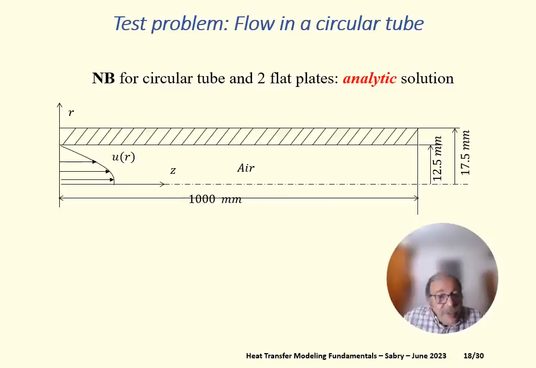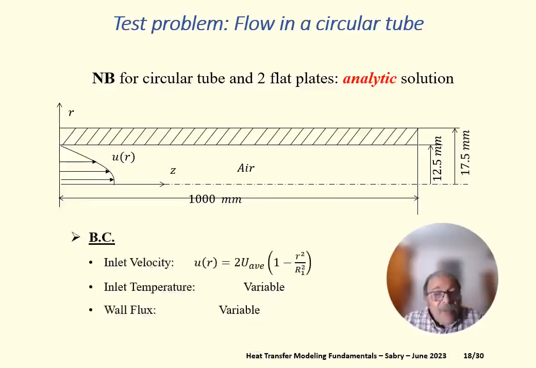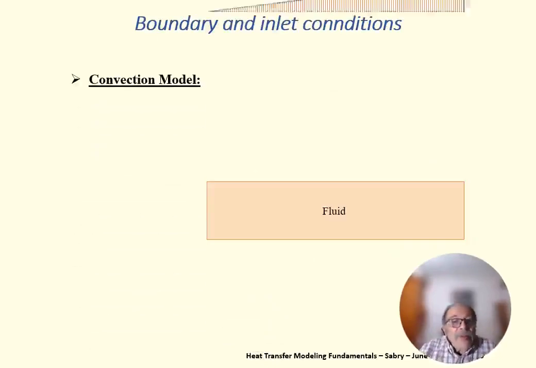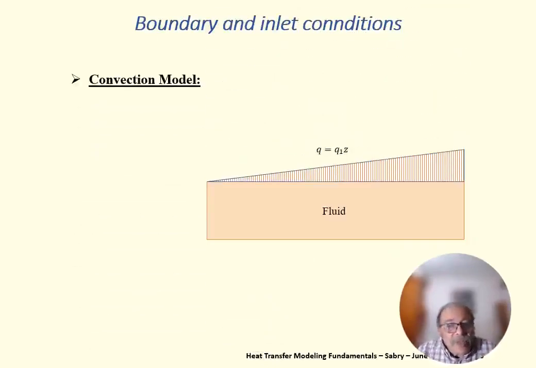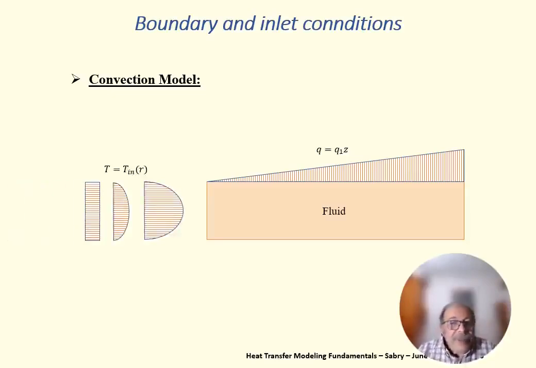I have solved this numerically and analytically, using a numerical example for a flat plates analytical solution. We have a 1 meter duct with a variable heat flux imposed and also a variable inlet temperature imposed. I have supposed that the heat flux increases linearly, a very simple case, and then I have 3 different temperature